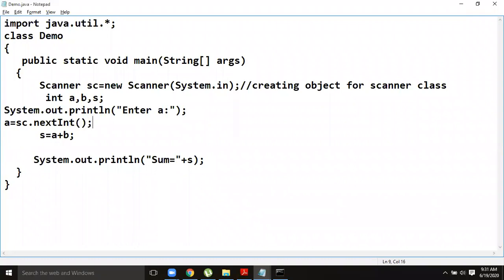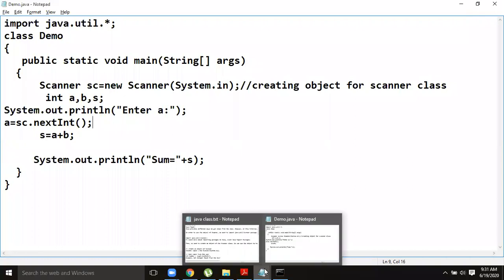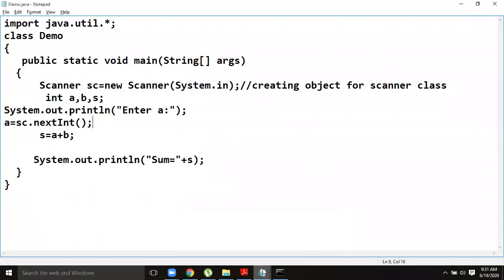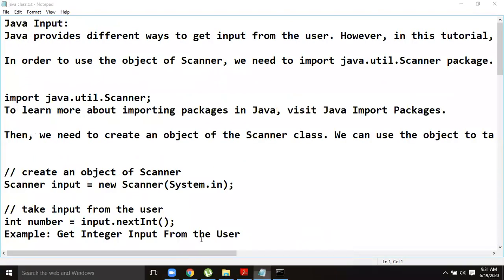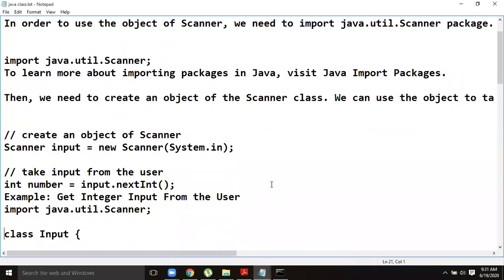Next methods are available for all types of variables. For integers, nextInt. For floating, nextFloat. For double, nextDouble. You can see this in the document I have.